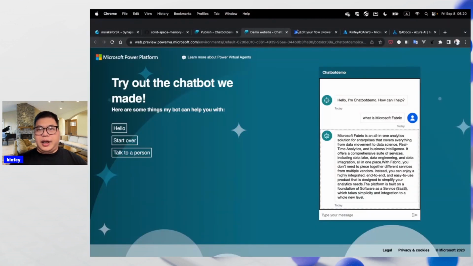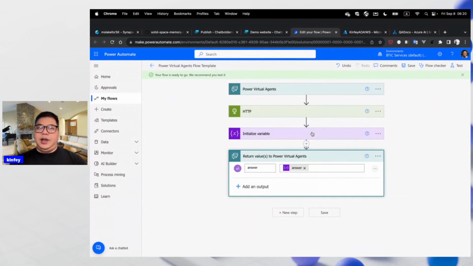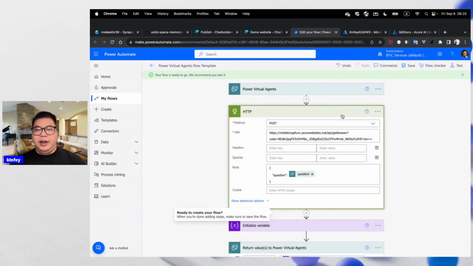Here it includes some Power Virtual Agent flow templates. It can call the Azure Function here. In your Azure Function, you can combine some Fabric functions together and set some questions. It's very easy to create your chatbot solutions and finish the Copilot applications.